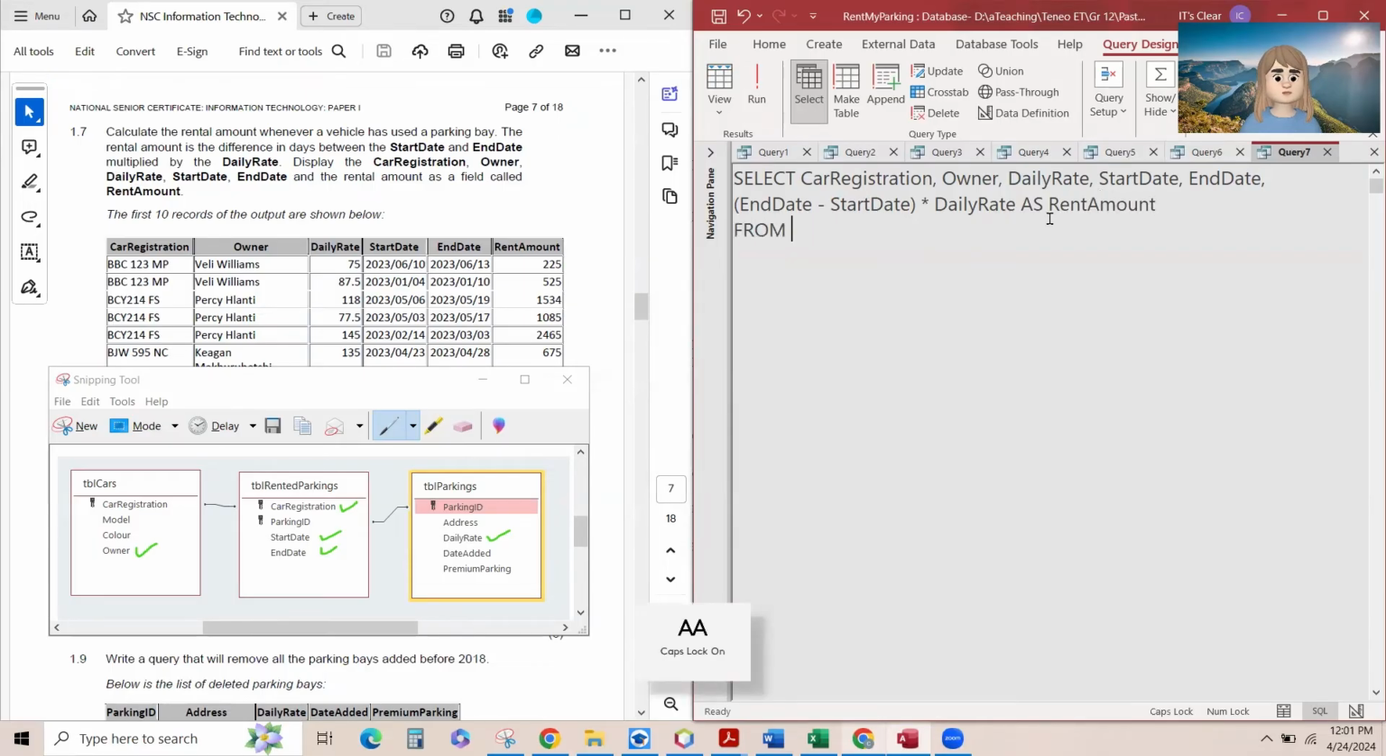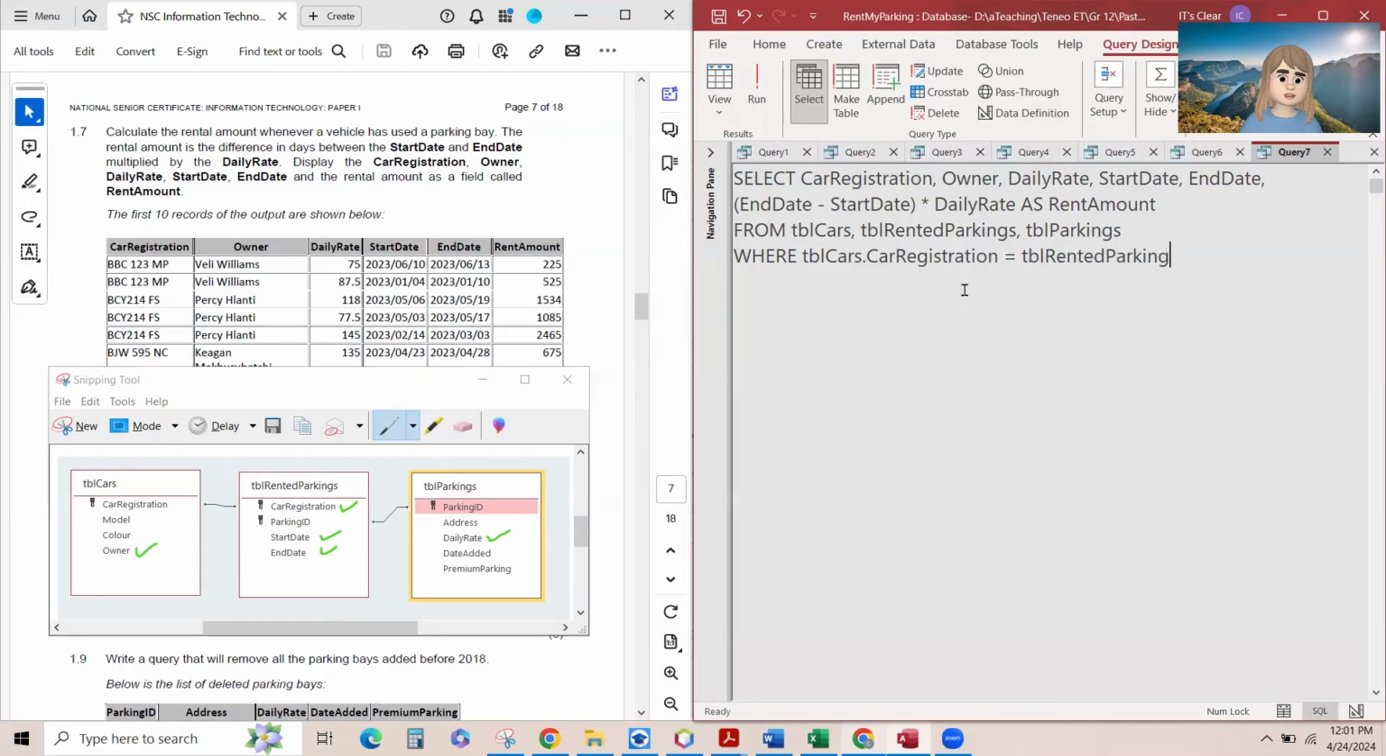Now we need to select all three tables because, as I've shown you in my diagram at the bottom, I'm using stuff from table cars, table rented parkings, and table parkings. So I'm going to list all three tables here: table cars, table rented parkings, and table parkings. Now I want to join them where TBL cars dot car registration equals TBL rented parkings. Can you see how that join is showing you exactly which fields you must say are equal here? And TBL rented parkings